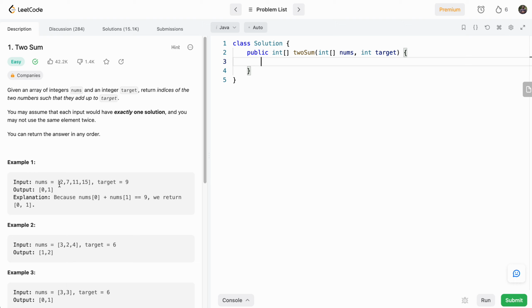So as an example, we have 2, 7, 11, 15, and we're also given a number target, right? So in this case, target is 9, and we are going to return the indices of two numbers that add up to target. So indices are basically the indexes of the array. So the first element is index 0, the second element is index 1, and so on, right? So we have to return the indexes in the form of an array of the two elements that sum up